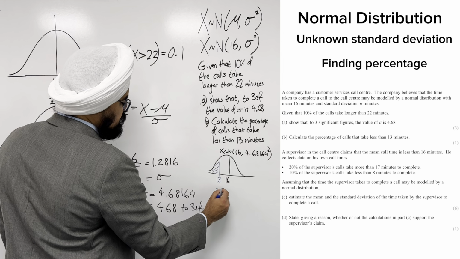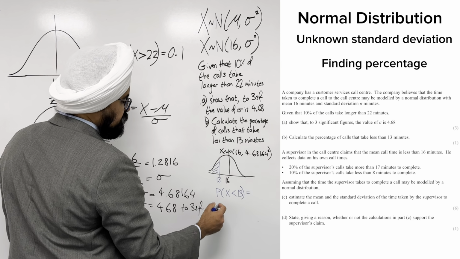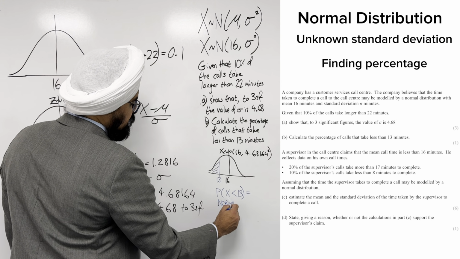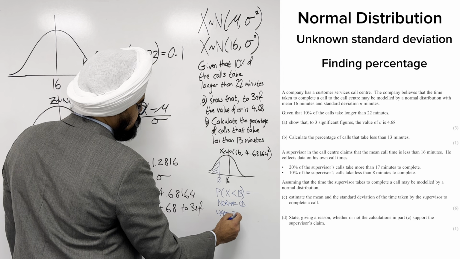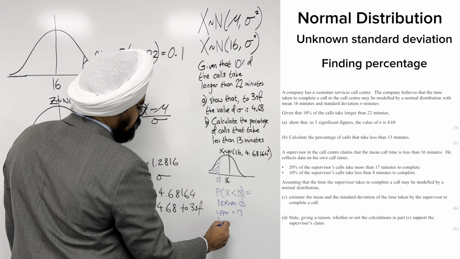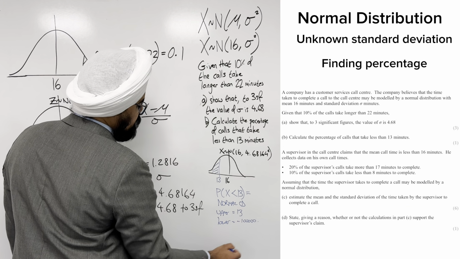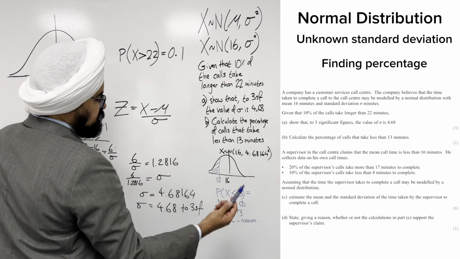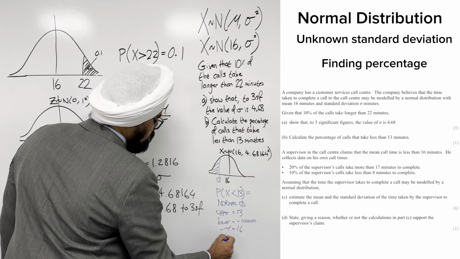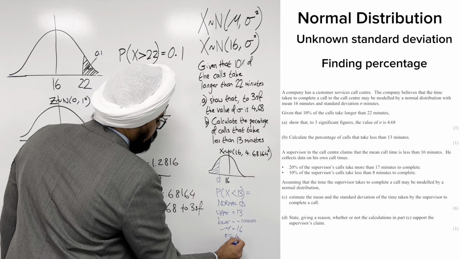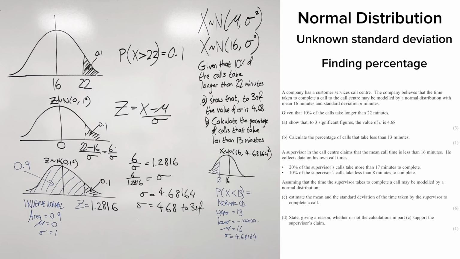So probability that x is less than 13 is equal to, use normal CD on your calculator. Normal CD upper is going to be equal to 13, and your lower will be equal to minus 100,000. Any very small number will do. And now I'm just going to put that in a calculator with our mean of 16 and our sigma of 4.68164. Always use more accurate values if you're going to use